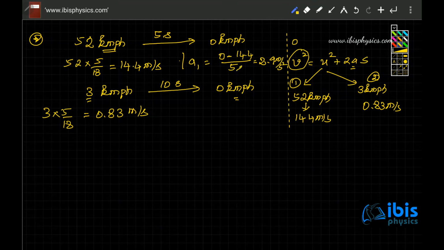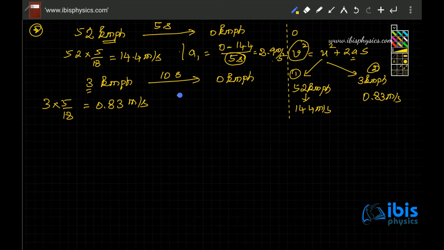This is exactly why I have converted kilometer per hour into meter per second. If time is in seconds, the change in velocity must be in meter per second instead of kilometer per hour. Only then do you make reasonable sense out of this acceleration. Suppose someone gives you $10, you can't just return him 10 rupees, right? So unit consistency matters the most when it comes to solving problems.